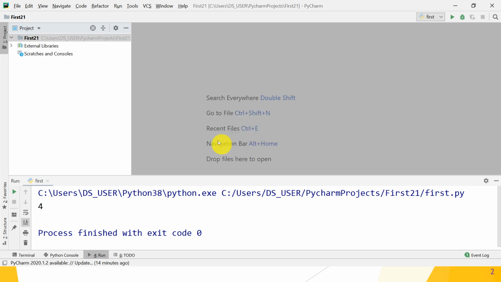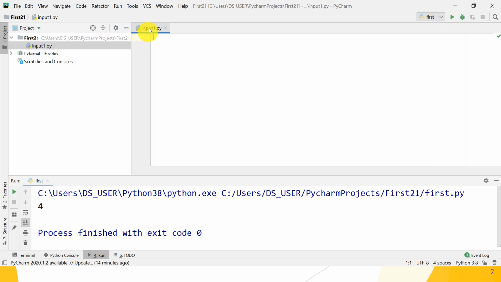So after entering input1.py, take one variable name, for example fname. Then what is the input method name? Input. To take the input from the user, in double quotes write enter your first name.